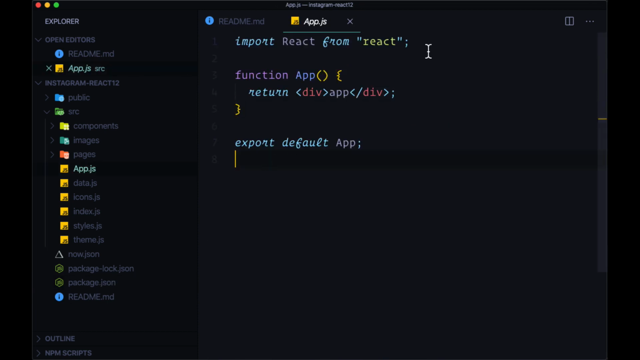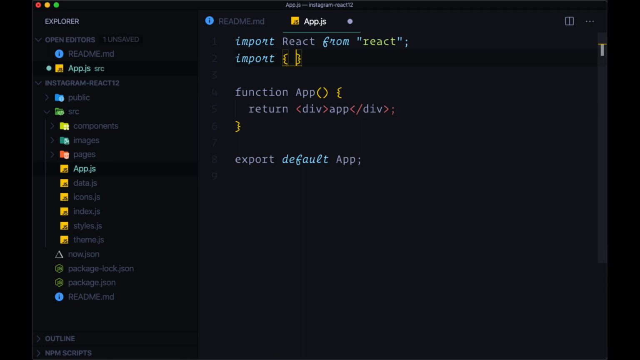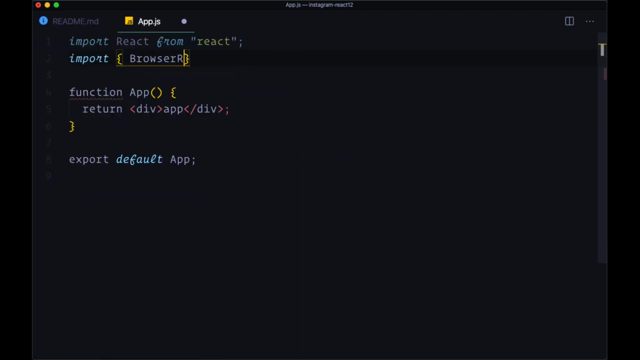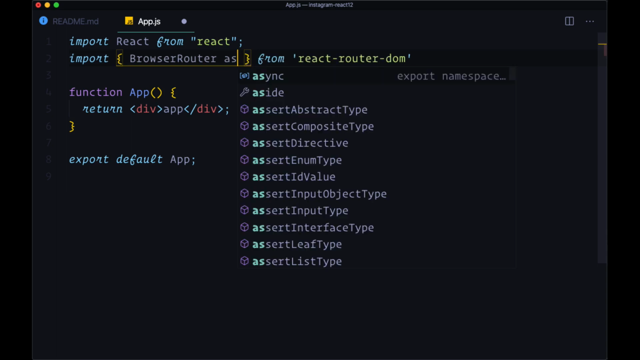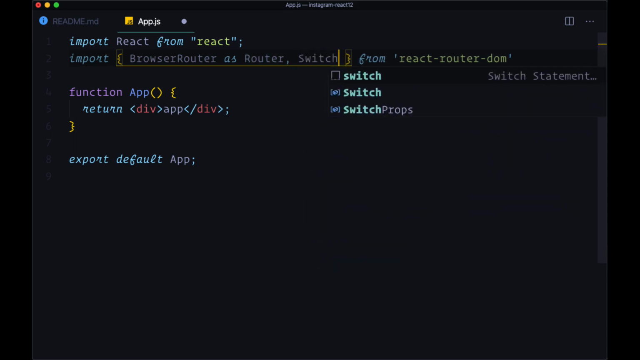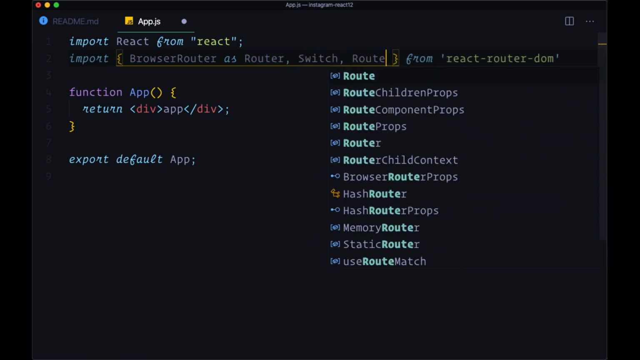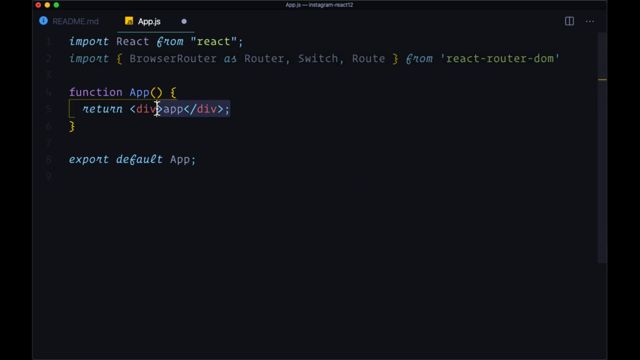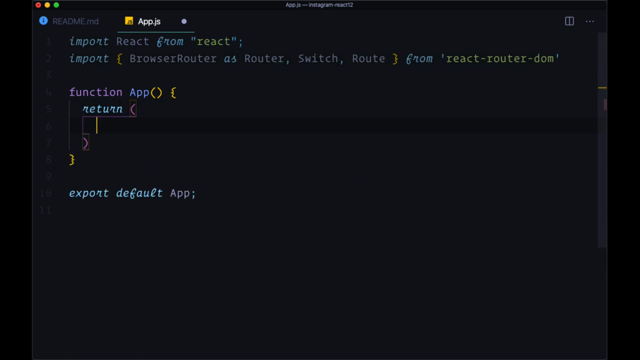So within app.js, we're first going to import, as a named import, what's called browser router from React Router DOM. So as the name says, this is a router specifically for the browser, and oftentimes you want to rename that using the as keyword. Just for convenience, we want to rename that to router. And we're also going to need the following components: switch and route. So the way that we're going to set this up is, instead of returning a div with the text app,